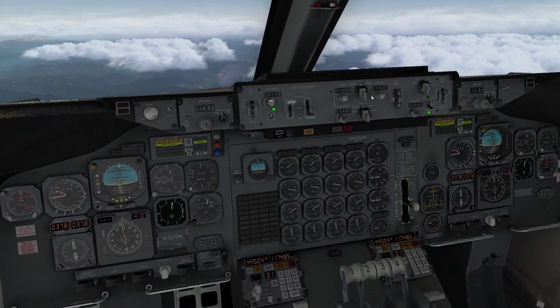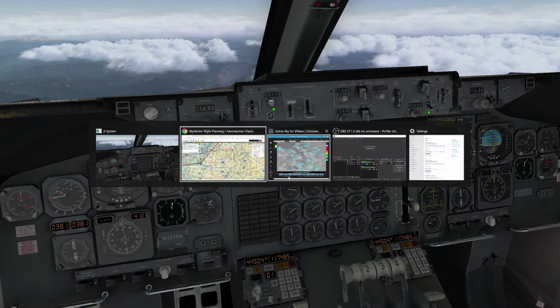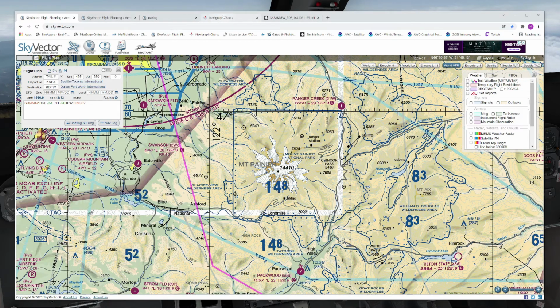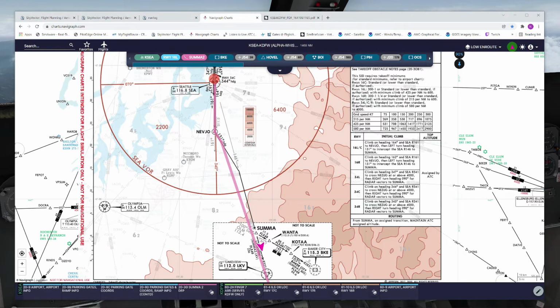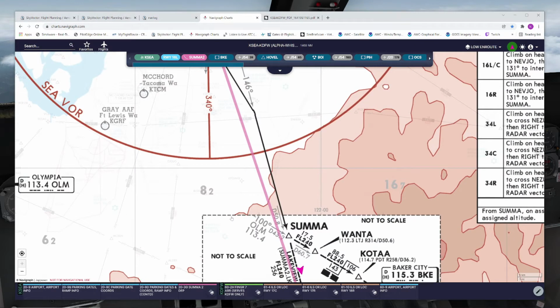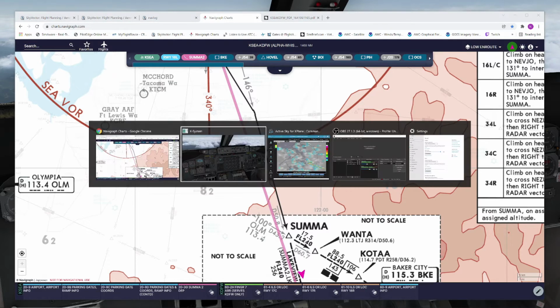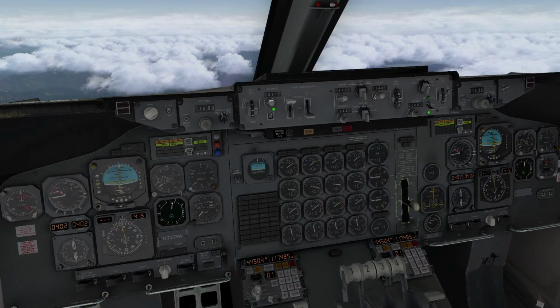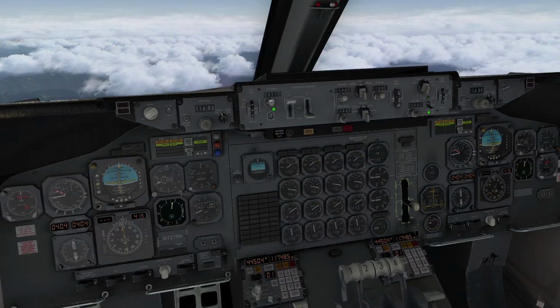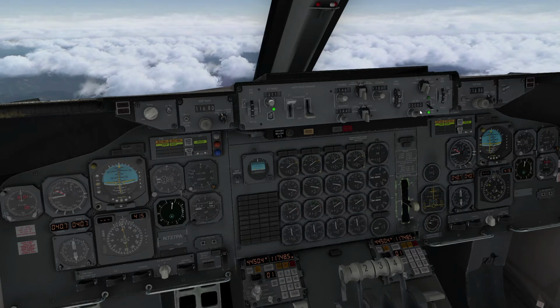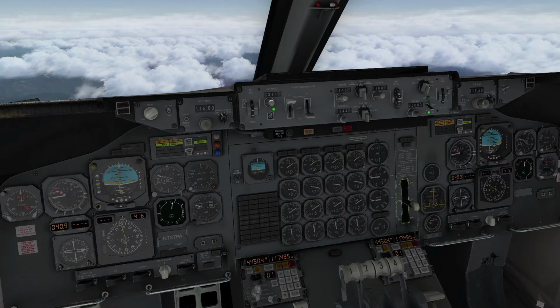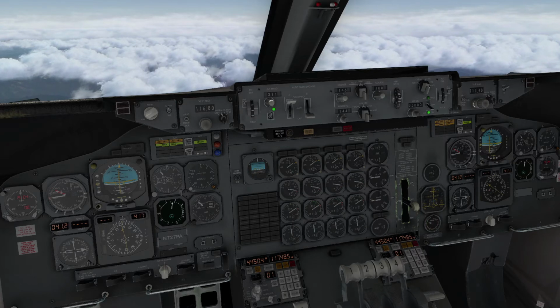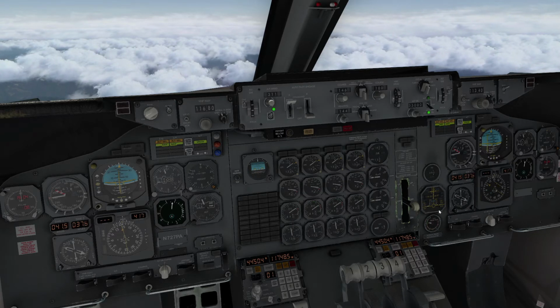We want to set up the next radio for Olympia, which, looking over here, you can see we're already in the not to scale inset, but we haven't reached SUMMA because SUMMA is 50.8 miles from Seattle, and the 100 radial on 113.4 from Olympia. So let's put that in. 100 is going to go here, and Olympia is 113.4. So we'll dial that in, and you can see the